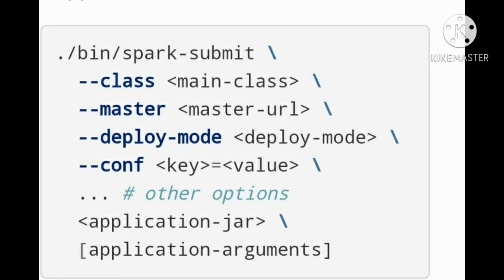While we are submitting with deployment mode client, we all know that in the Spark architecture there is a component called the driver program, which will control the whole activity of the executions.